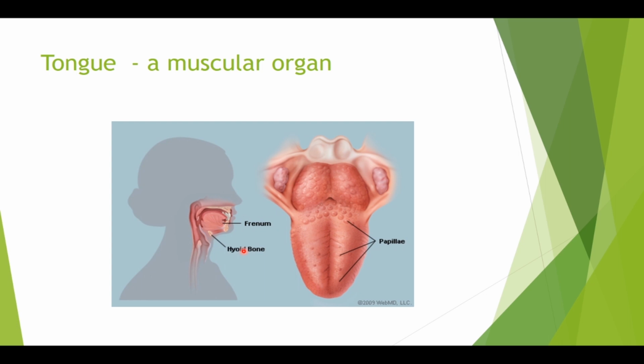Now, when we talk about the tongue, somewhere you will find gloss and somewhere you will find glossus. So the prefix is gloss and the suffix is glossus, and we can understand it better with an example. For example, glossopharyngeus refers to the muscle arising from the tongue and inserting in the pharynx. Glosso is prefix here. Whereas in the hyoglossus, this is the muscle originating from the hyoid bone and getting inserted in the tongue. So glossus is the suffix over here.